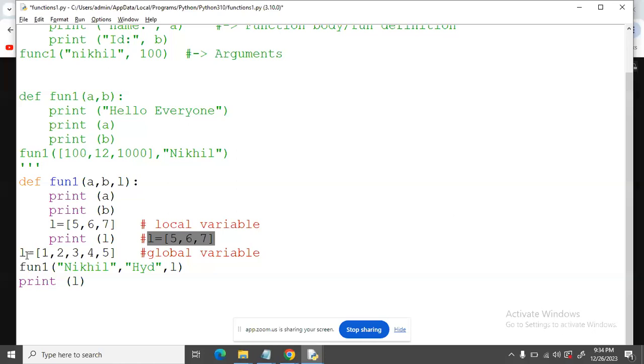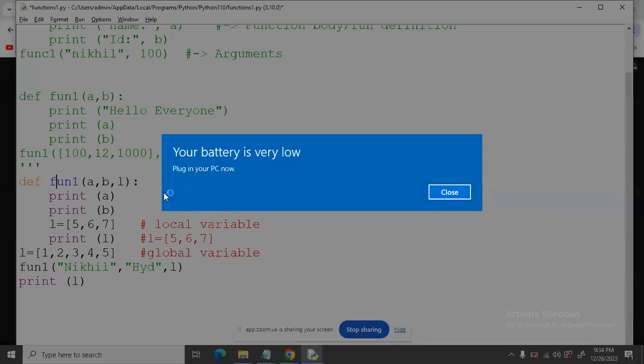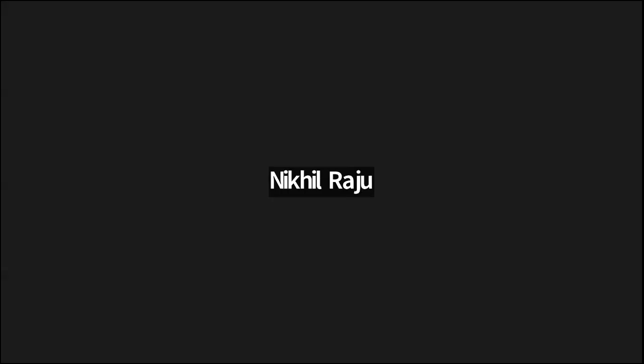So now where will the execution start? Here the execution will start. It will take the global variable, that means a variable is defined. Then immediately a function call will happen. It will go and check. Any one minute, one minute. I think it's locking my